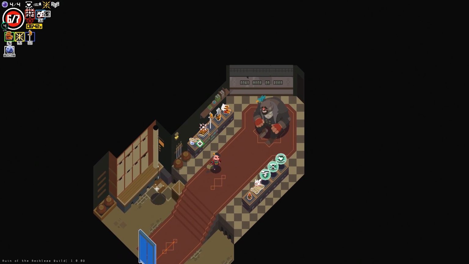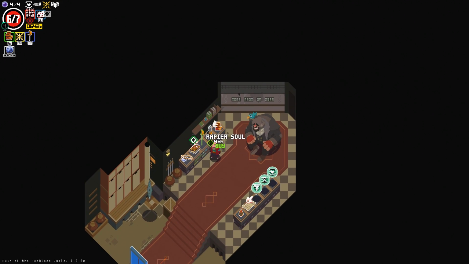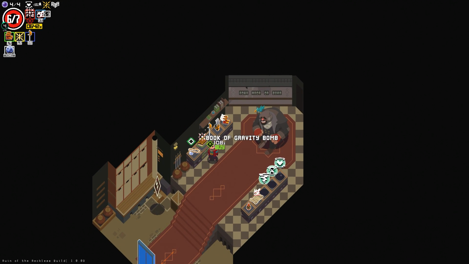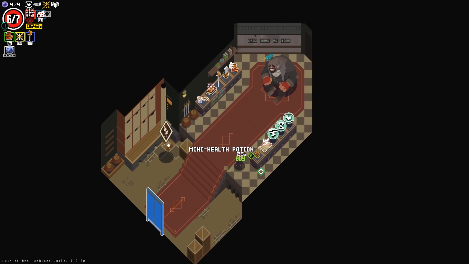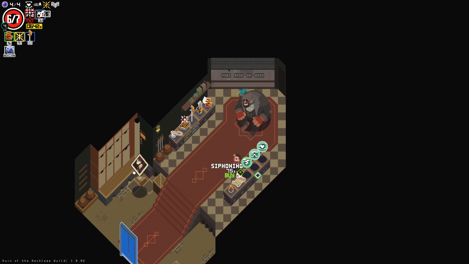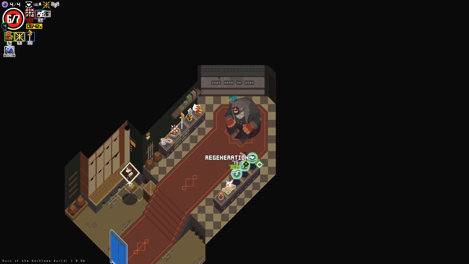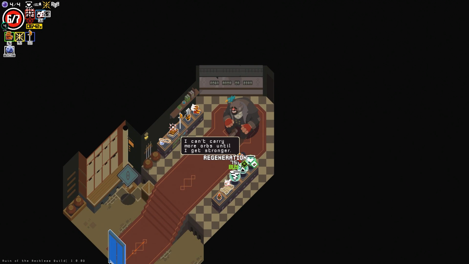And then we've got our trinket. So I guess it's not that confusing, but it's a little bit visually overwhelming to look at all of that at once. Book of Gravity Bomb sounds cool. Mini health potion. I don't think we need to fill up our health necessarily. Scroll of Fire, siphoning. We don't have room for an orb, so this is one thing that if I could,